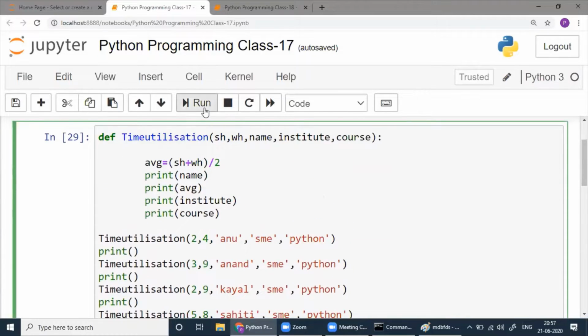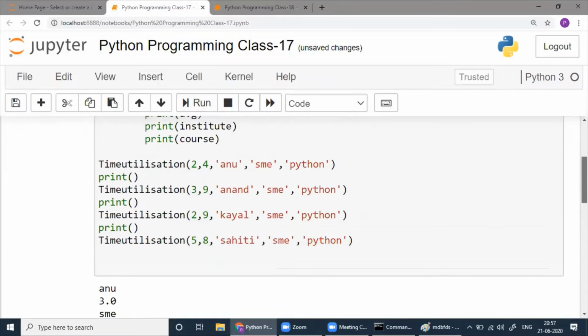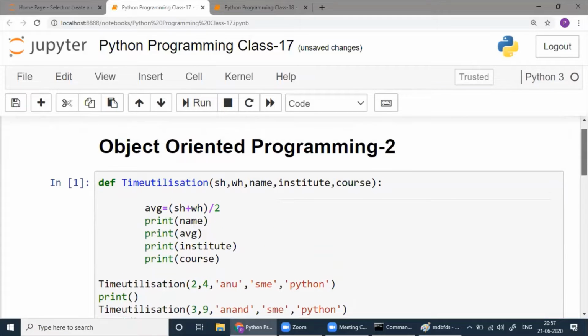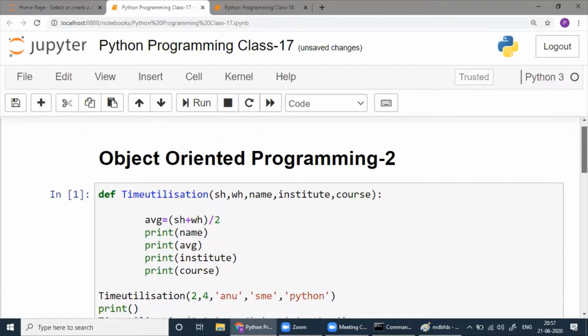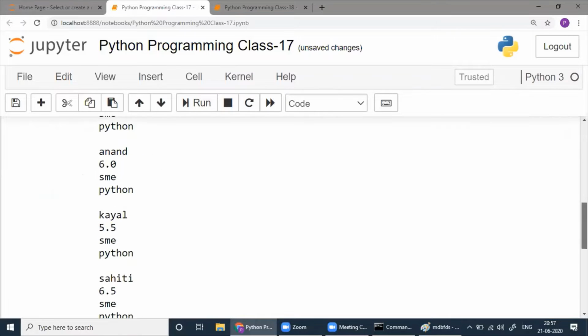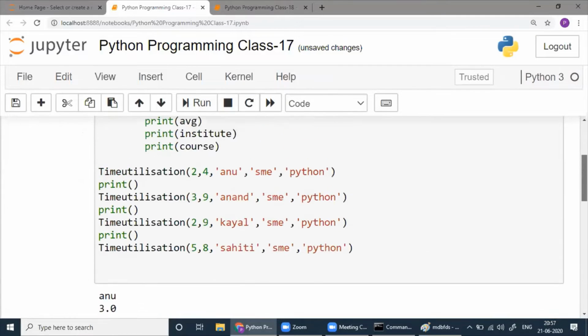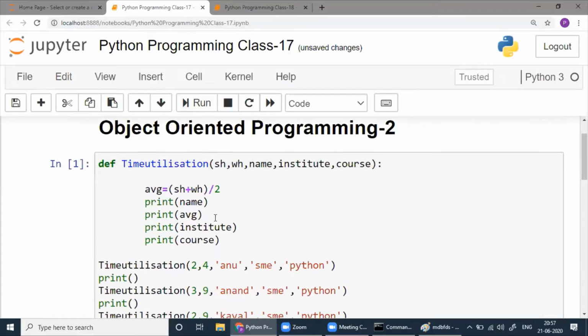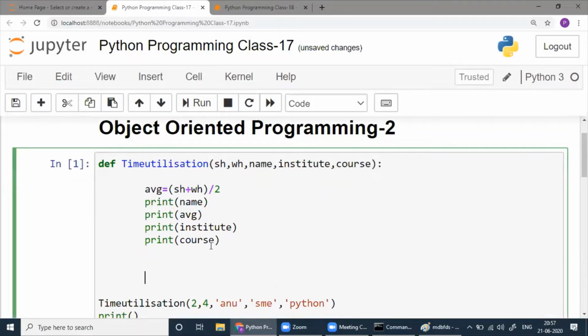Sir, this is a function. Yeah, this is a function. All right. That means I deleted that one. No problem. But if I go back to that one, I created first of all, okay, this is a function, class. It was like that. And then I created objects like this.